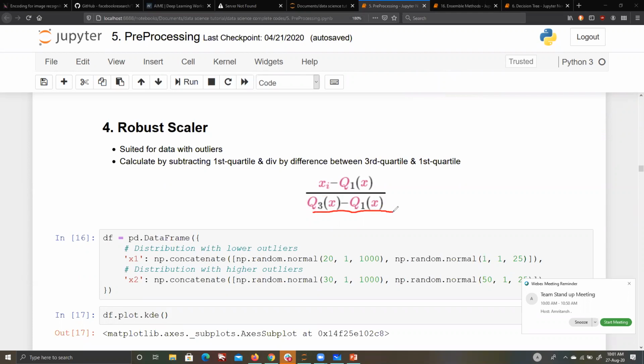Understood? This is why I'm saying we are not killing any outlier. The outlier will still remain an outlier and it will be divided by a factor of the IQR value, whatever the IQR range is. So that is what robust scalar is. So basically what you're doing is scaling down the effect on y by that much. If it is y to the power 10, you are scaling it down by that much. Yeah, exactly. Scaling it down by the IQR, by the difference of Q3 and Q1. Yeah, absolutely.